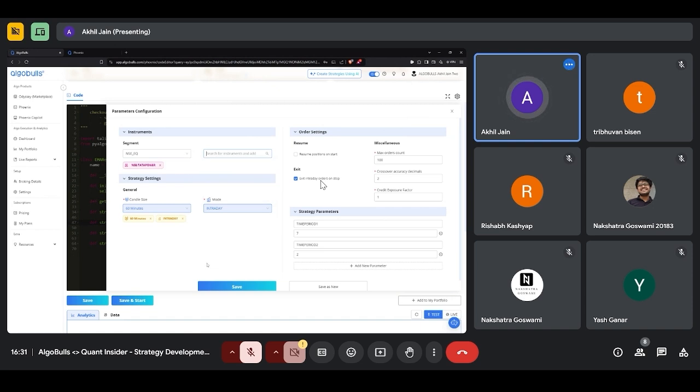Yes, so this is the one I want. I'll also take the previous one, which I just had, which is SBIN. We can add a few more here. Let's say we want it for 20 instruments. We'll add 20. I've added 2, as you can see here. The next thing I'm deciding is my candle. I want a 3-minute.